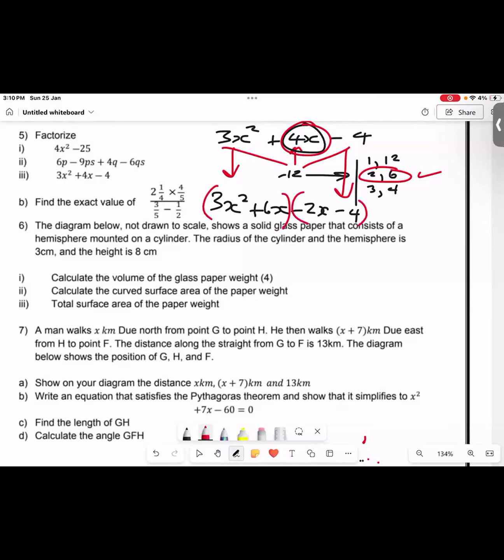First bracket. Do you see a number that's common and a letter that's repeating? Let me know which one. Look at the first 2 terms. Is there a number that can go into 3x and 3? Say the number first though. 3 and x. Yeah, 3x. Right, good, very good. Take up that.